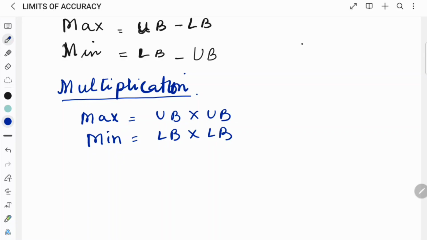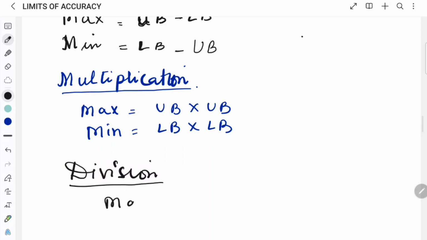Now if any question is a sharing question or a division question, you can easily identify it. The division question you will deal with like the subtraction one. In any division word problem, what do you do for getting a maximum value? A greater number, the upper bound, you are sharing with a smaller number, the lower bound. And for the minimum value, the numerator should be smaller and you are sharing a bigger number, so that is the upper bound.